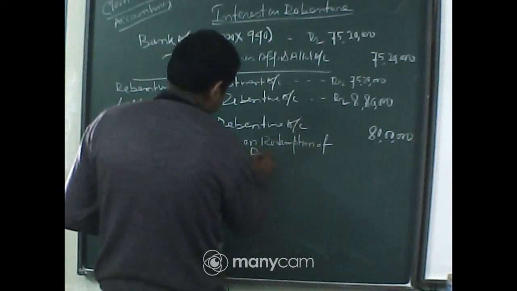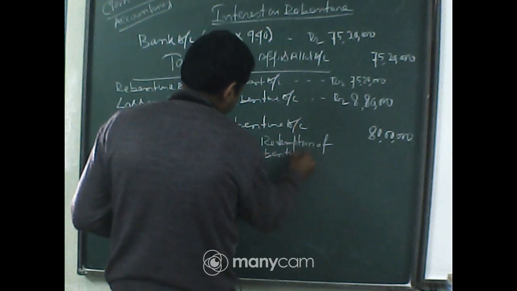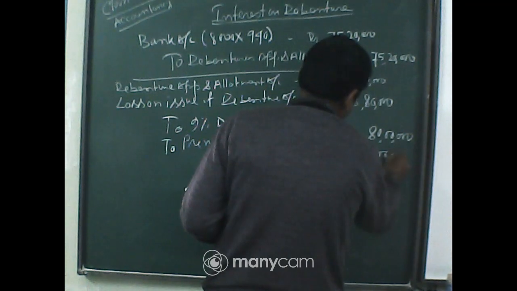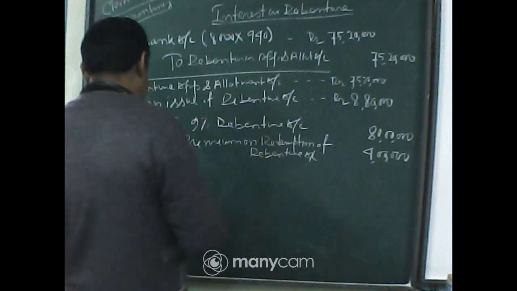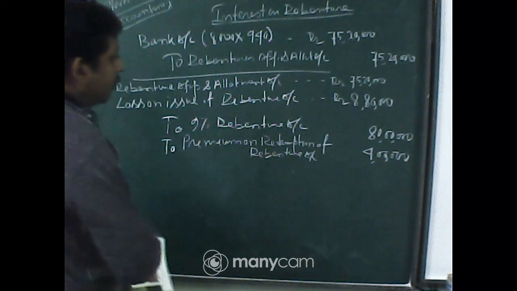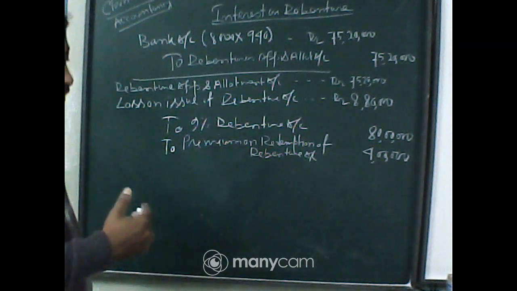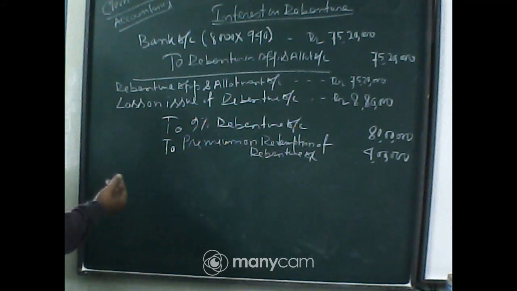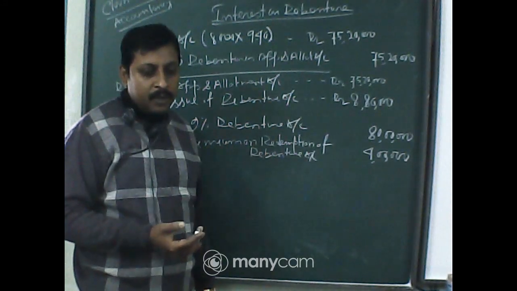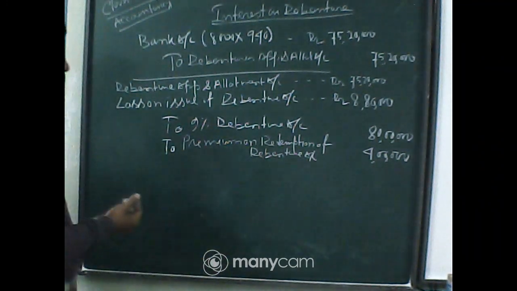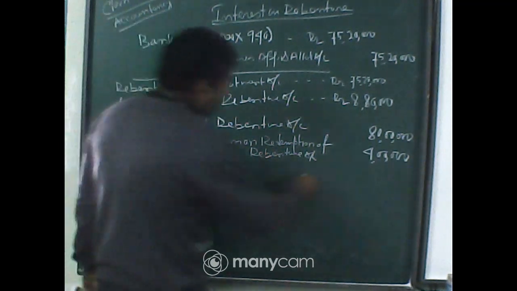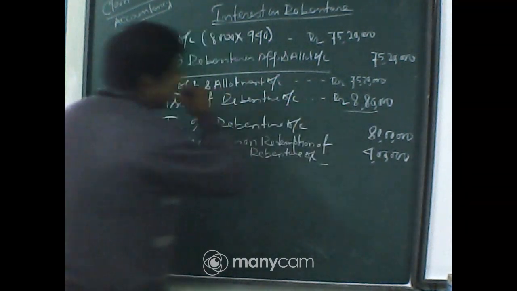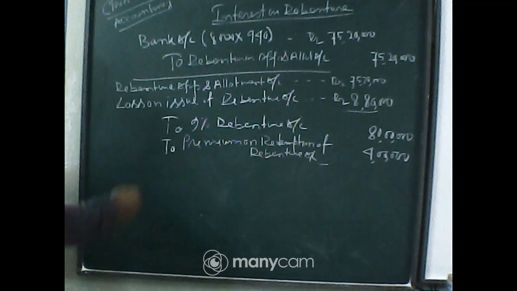Premium on redemption of debenture account, that is already we know, that is 4 lakh. That is 1,000 multiplied by 50. That is the premium. At a premium they are redeemed. Whenever they redeem the debenture after 3 years or 5 years, they will redeem at a premium, that is 1,005 rupees they will give, and this 5 rupees is also a loss. So we are creating this liability at the time of issuing the debentures, and we are also booking the loss at the time of issuing the debentures. So that's why this journal comes.